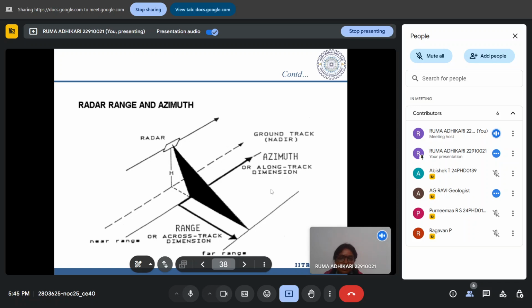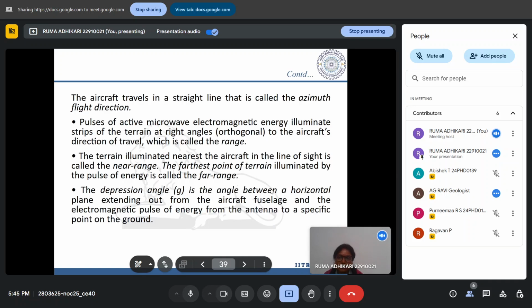But how we measure that, we'll see. These are the azimuth, flight direction, the near range, far range, and depression angle, that is the angle, the